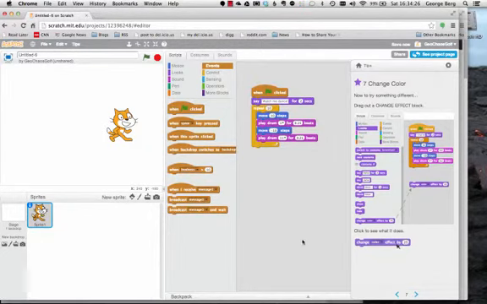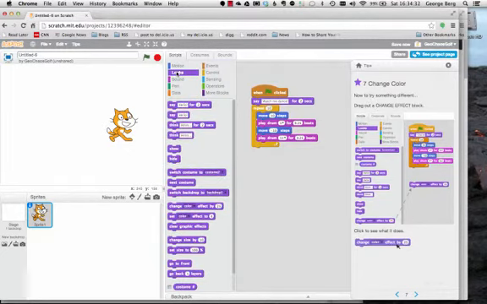Okay, change color. Now to try something different, drag out a change effect block. All right, where are the change effect blocks? Over in looks. Change effect. Change color effect by 11. All right, change color effect by 11. Now what am I supposed to do? Just toss that